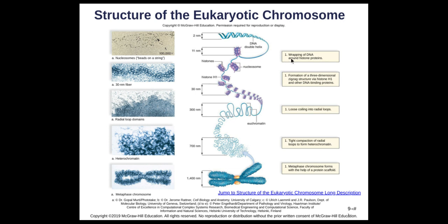We will start to wrap our DNA, our chromatin, around these little proteins called histone proteins. When DNA wraps around it, then we call it a nucleosome. When we start to organize, bend, and fold those histones with DNA around them, we can make what we call euchromatin, and we can keep compacting until we get our chromosome that we have seen and know as these little worm-like